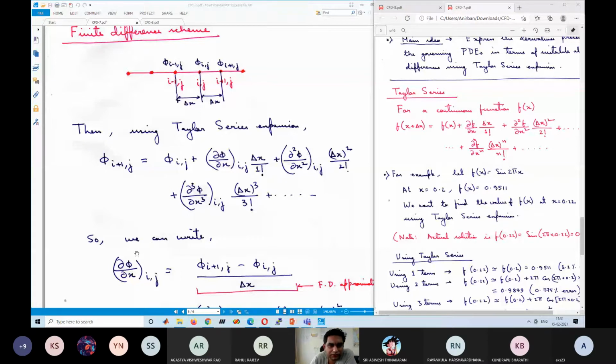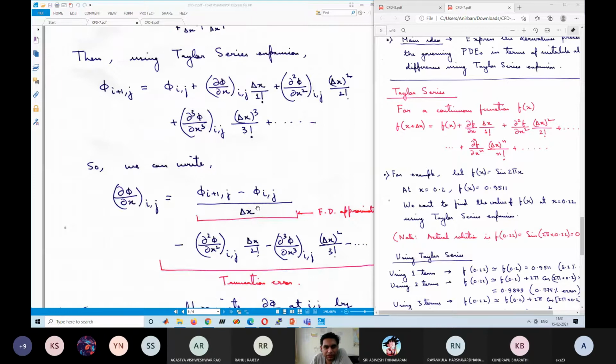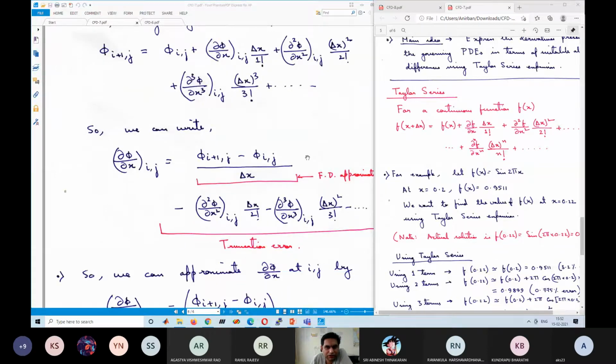So if we can find these terms, we can replace any of the derivatives, either first order or second order or mixed derivatives in PDEs. In second order PDEs, all the derivatives will be of this form: either first order derivative, or second order with respect to x, or second order with respect to y, or mixed derivative with respect to x and y. So we can replace all of them with some approximate equation. That's what we are trying to find, those approximate equations for the derivatives. Let me show you one example, then you can ask questions if it is not clear.